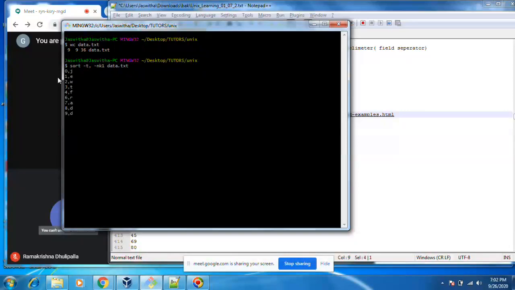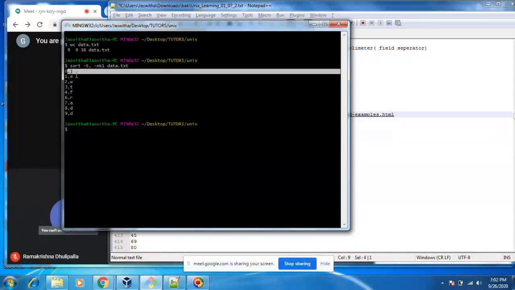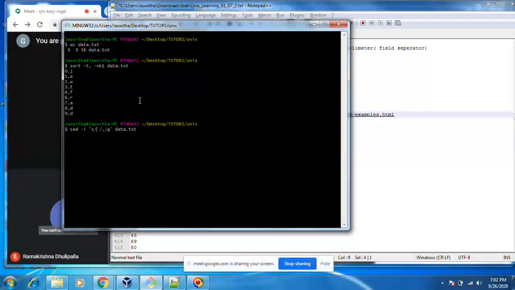If you see data, you see entire line is a word here. If space is there, then words will get changed. Let's do, comma, I'm just replacing with space. Now you can see that WC.